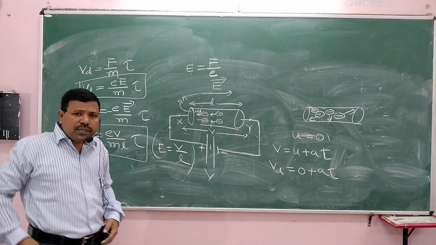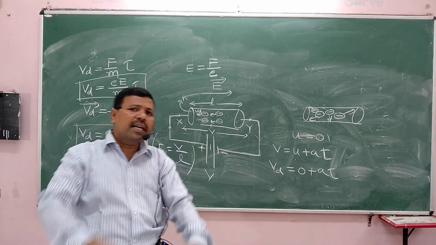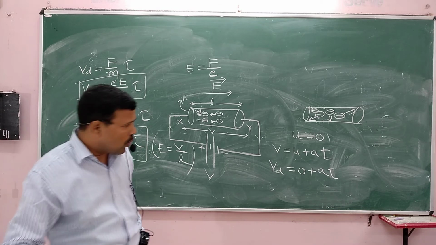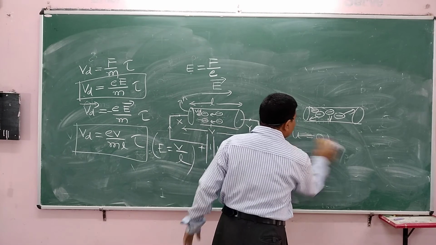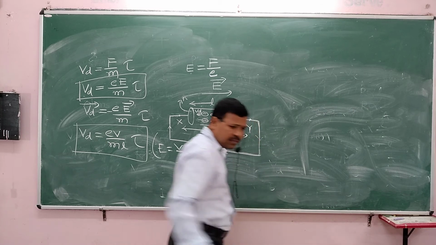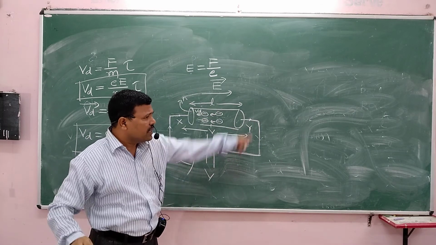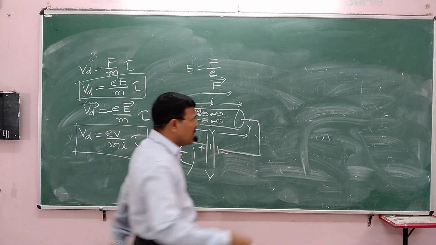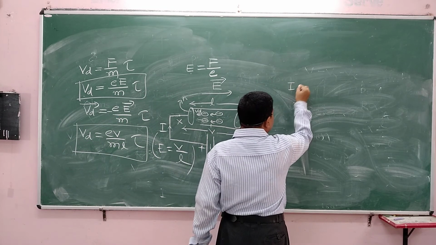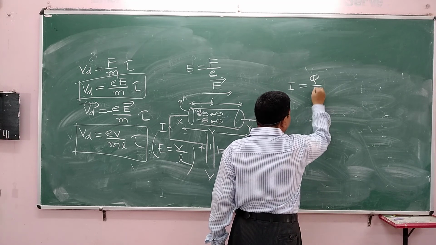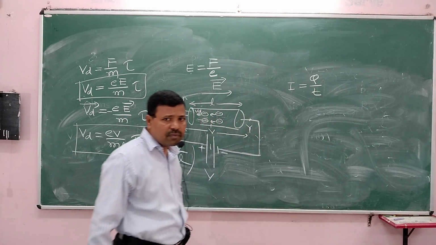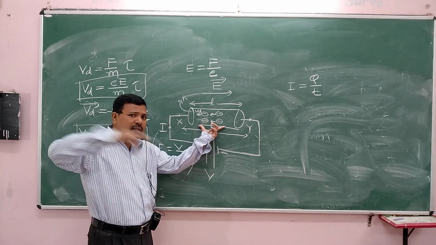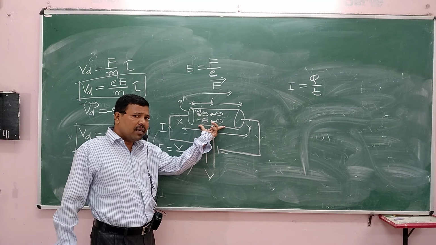Now let us derive the relation between drift velocity and electric current. What is the relation between drift velocity and electric current? Here is the electric current, and here is the drift velocity. As we learned, electric current is nothing but the rate of flow of charges. What is Q? Q is the total number of charges that are available here. How to calculate